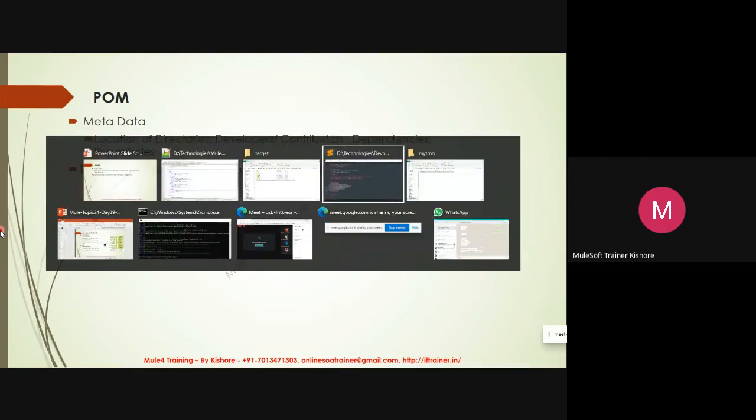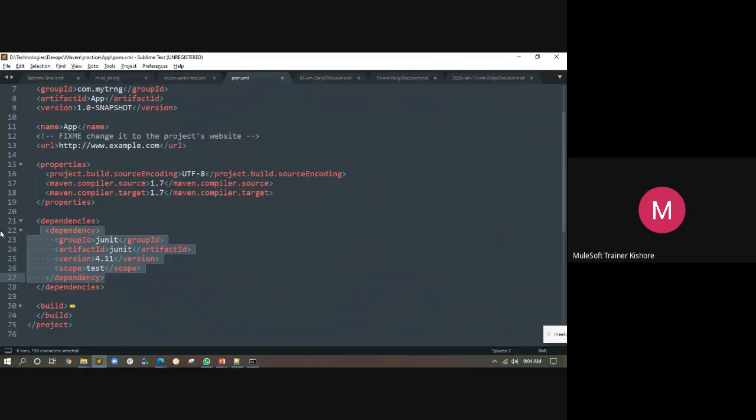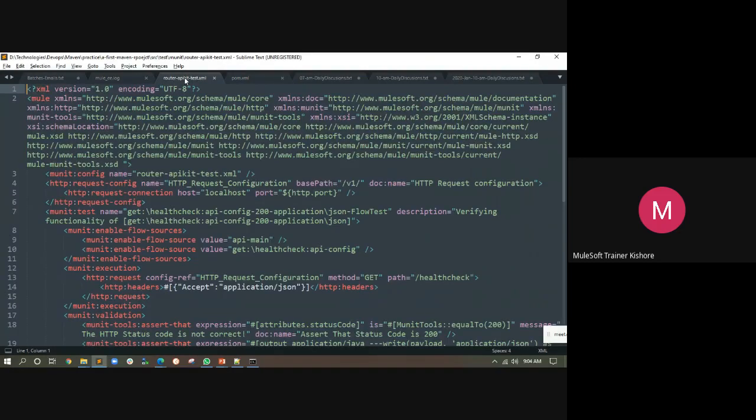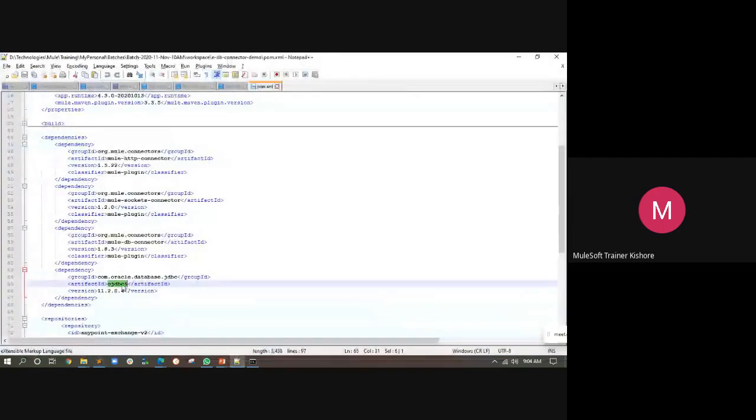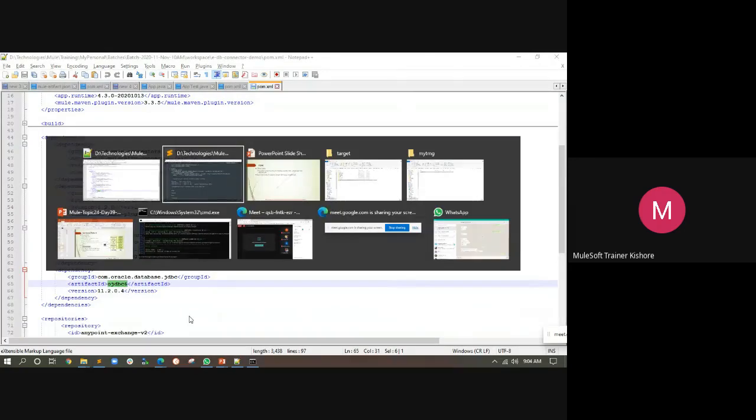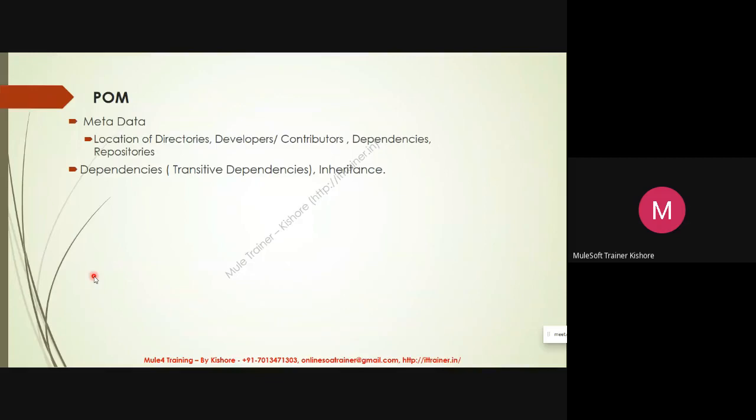It means when your application is using OJDBC6 and this OJDBC6 is still using some other two jars, automatically those will get downloaded. So it will have transitive dependencies. Now the key elements inside your pom.xml.